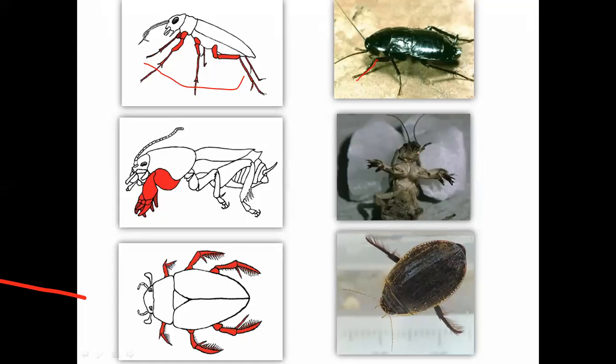These legs are of the digging type, with a rake-like structure on the tarsal region, helpful because the forelegs are modified to dig the soil, as in the mole cricket and rhinoceros beetle, which have the fossorial type. Look at this water beetle, water bug, which has a hair structure on the side of the flattened leg, and these hairs on each leg are helpful for swimming, known as the natatorial type of legs.